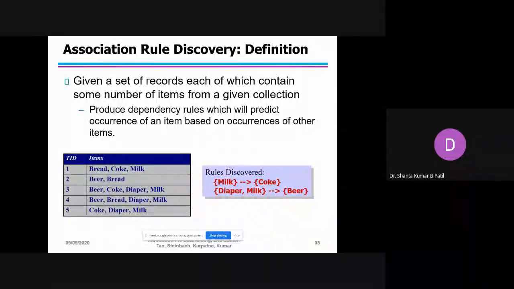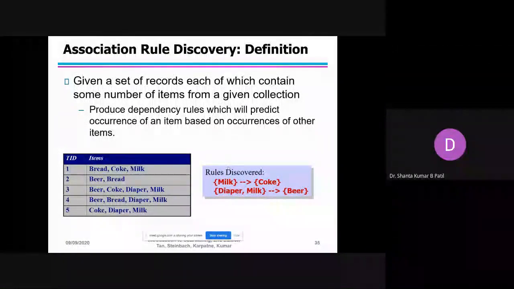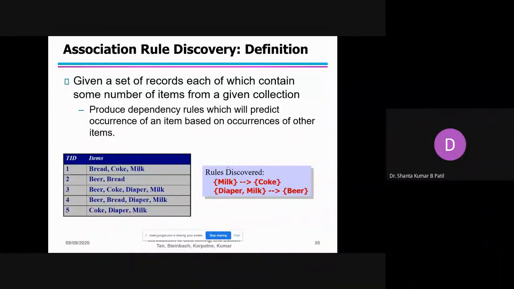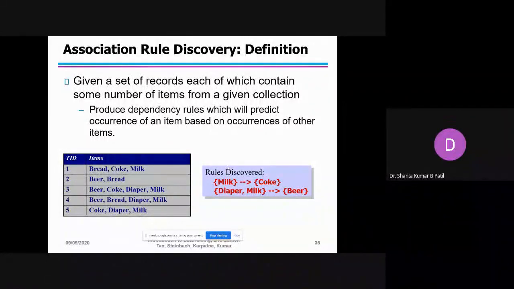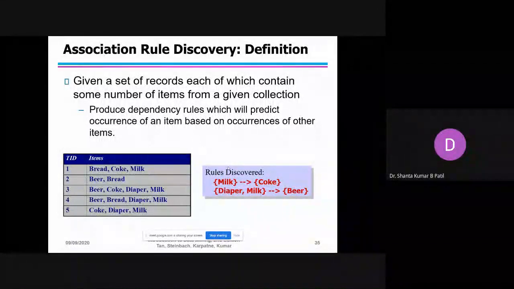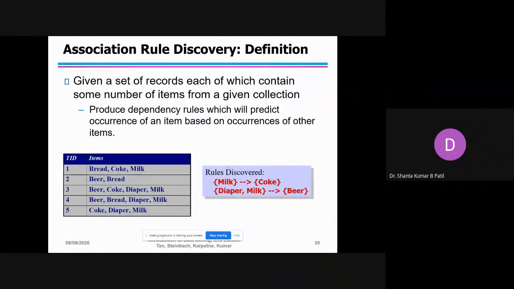So if they are associated, your required things like diaper and milk are available. Very rare combinations. The person who purchased the diaper sometimes purchases milk also. It is a very rare combination. If it is available in one place of the mall, in one rack, so both are available, so you can save the time. Such an analysis is also possible in the data mining task called association.